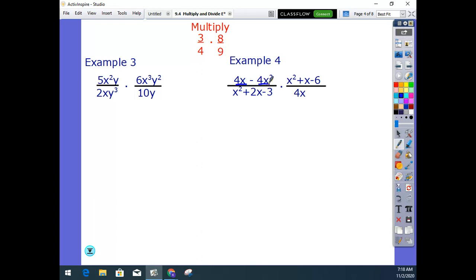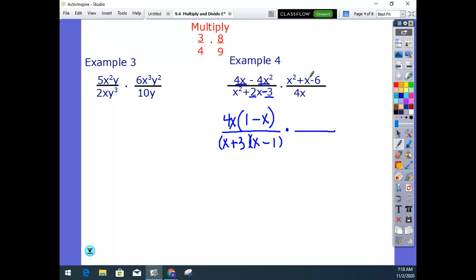Common factor. 4X. If I take 4X divided by 4X, I get 1. 4X squared divided by 4X is X. And I'm going to factor the bottom. There's no GCF, so I need 2 parentheses. X and X. Factors of 3 that subtract to get 2. Plus 3 minus 1